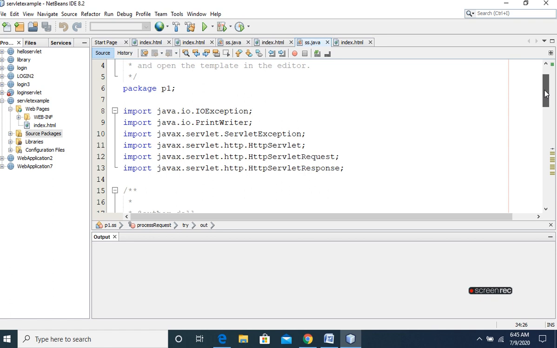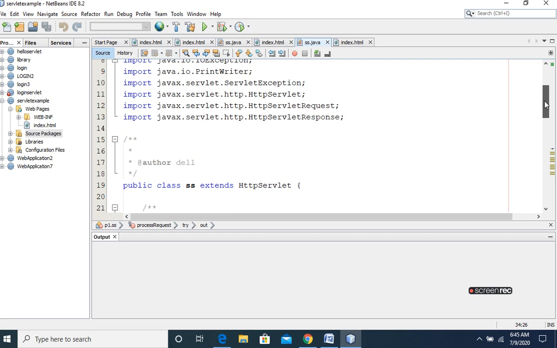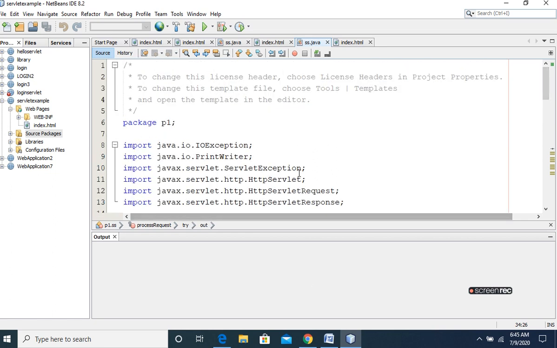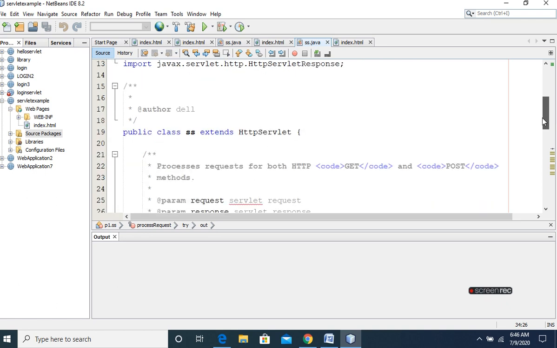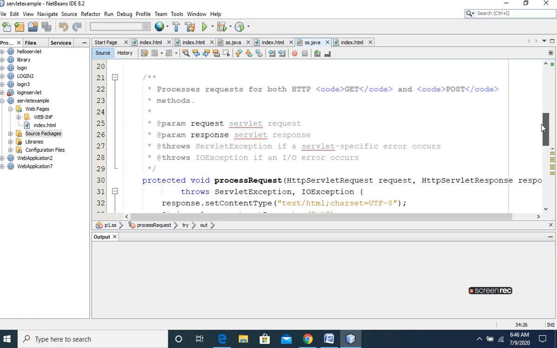In NetBeans, the default server we have used is the GlassFish server. The servlet imports the packages, import javax.servlet exceptions. We can use import javax.servlet.*, so we can avoid importing HttpServletRequest and HttpServletResponse individually. Once the packages are imported, the servlet is a Java class which extends HttpServlet. The servlet consists of the init method, service method, and the destroy method.